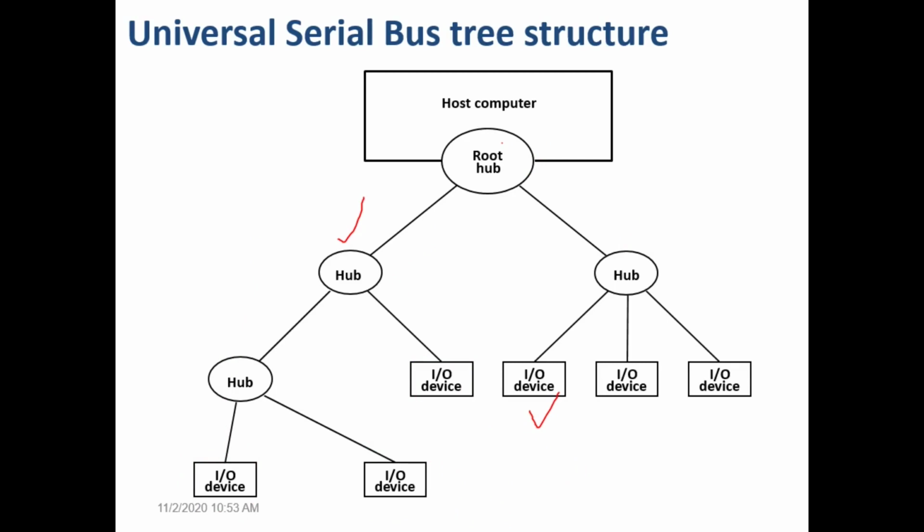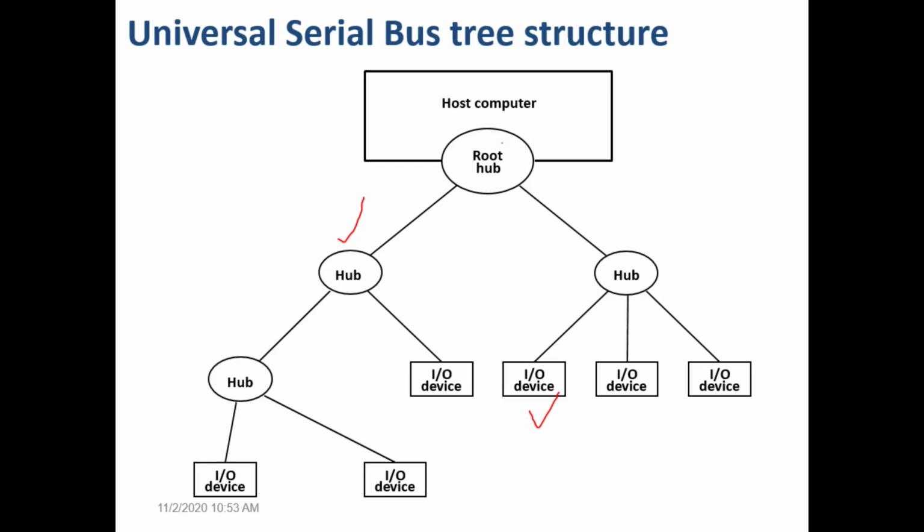Now if we need more USB ports, then we connect a hub to any single USB port, which gives multiple USB ports again. So there are different hubs, right? 1 to 2 USB ports, 1:4, 1:8, 1:16. In the previous example, we just saw 1:3. A single USB port is converted into 3 USB ports.